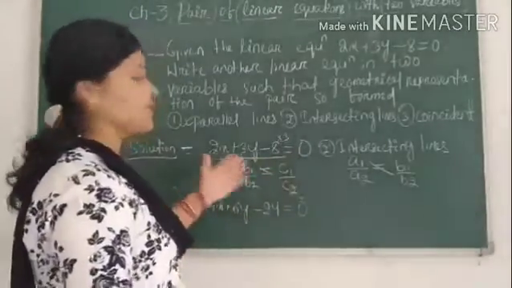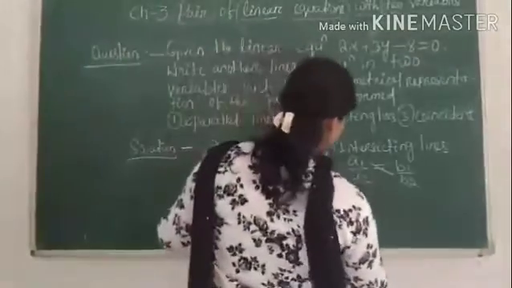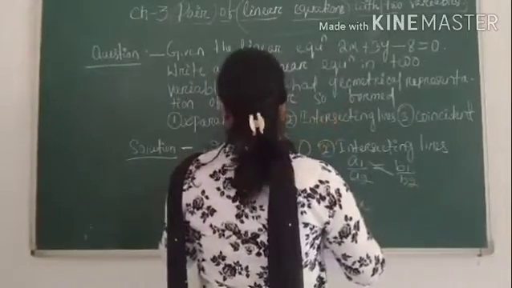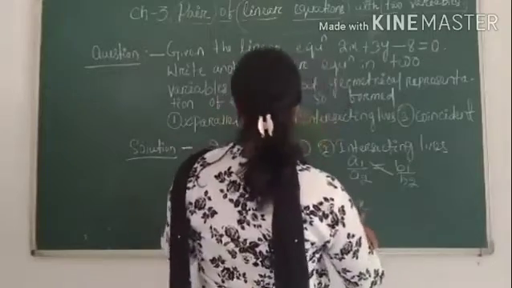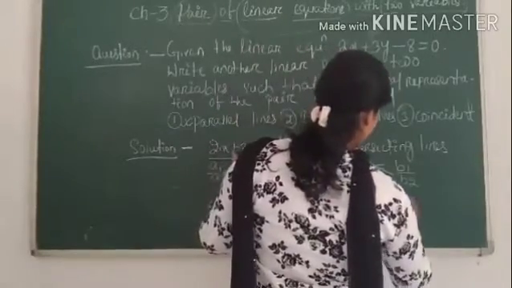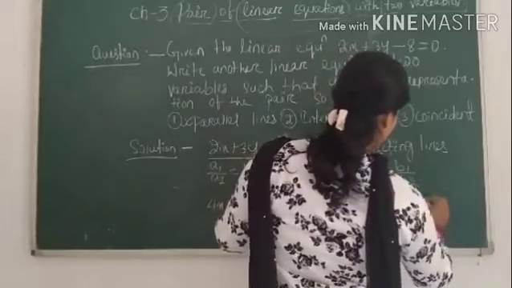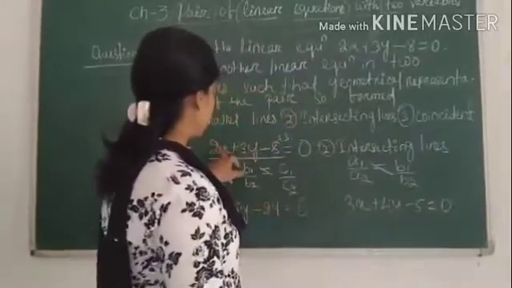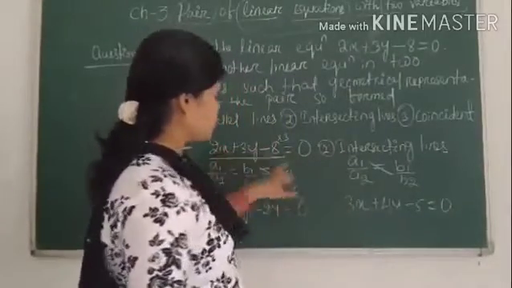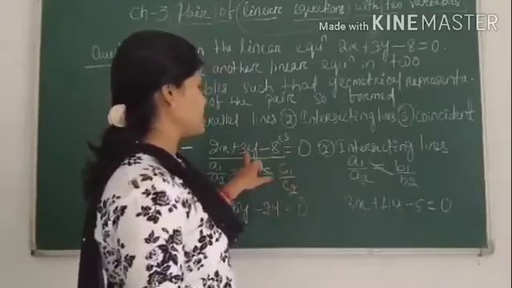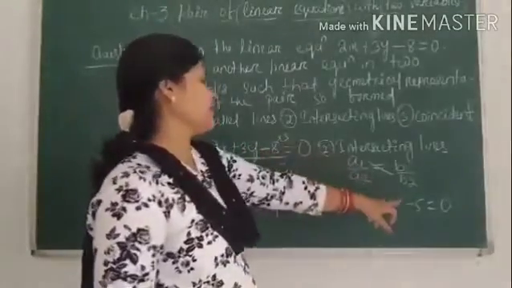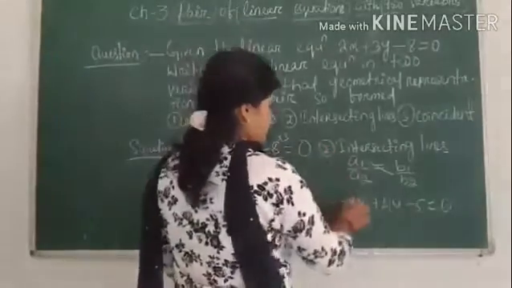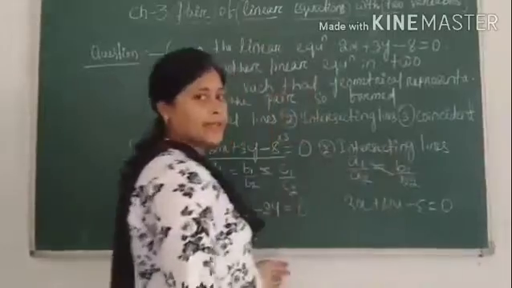Any equation. So here, suppose I will write 3x plus 4y minus 5 is equal to 0. Check this one. So A1 by A2 means 2 by 3. B1 by B2 means 3 by 4, minus 8 by 5. So your condition is satisfied. So here I am getting intersecting lines.